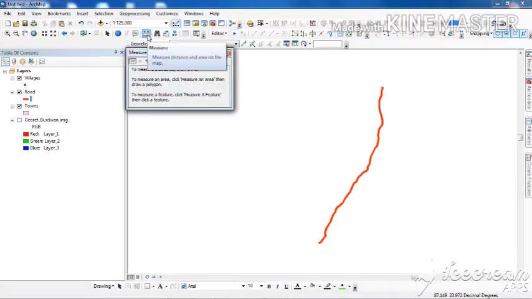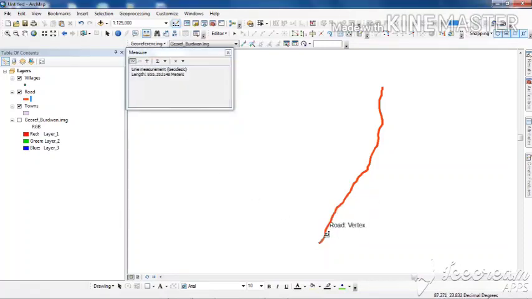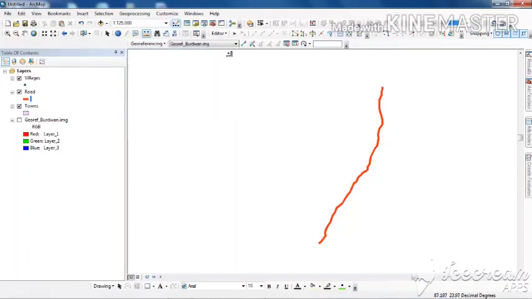Now if you want to find out what the length is, you can use this scale option and move along this line. That will also provide you the length of this particular road. And another thing, you just see it is 14.973 meters, showing over here. You will have to use your scale, that is, 1 centimeter is to how many kilometers or meters on the ground. That will provide you the exact length of the road on ground. So this is the map length or map distance.